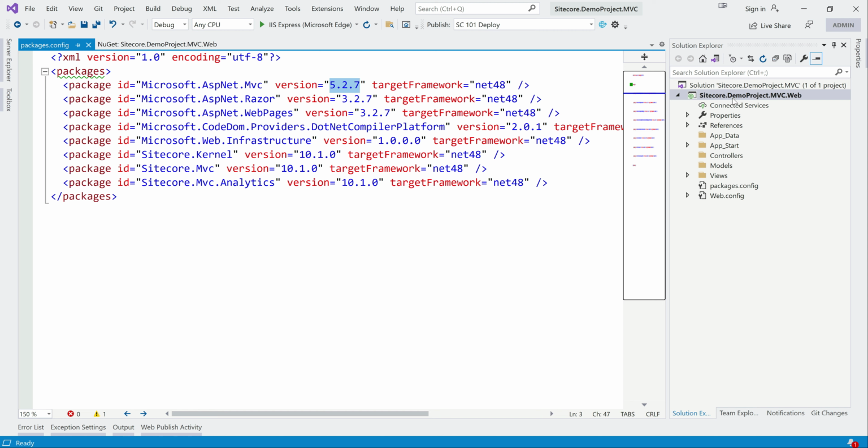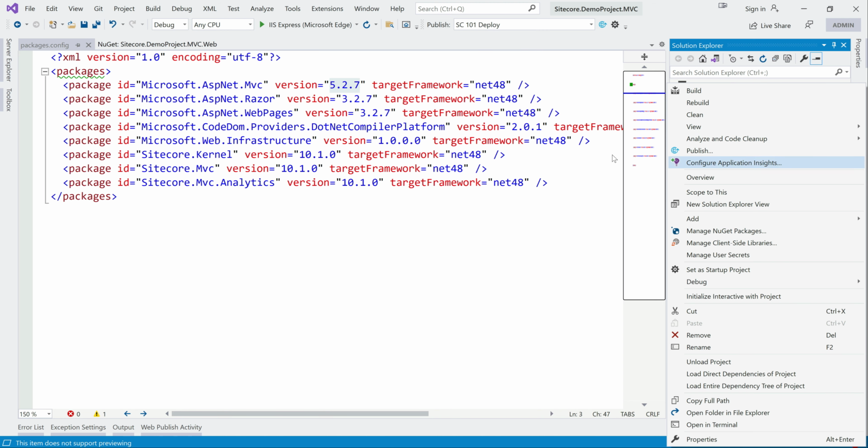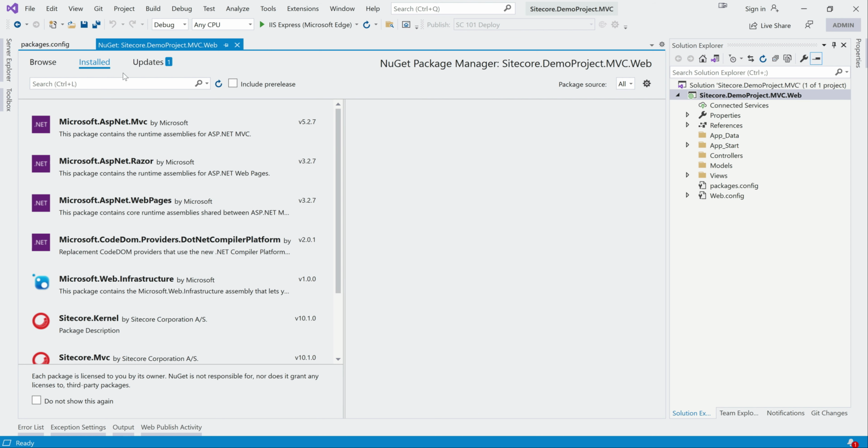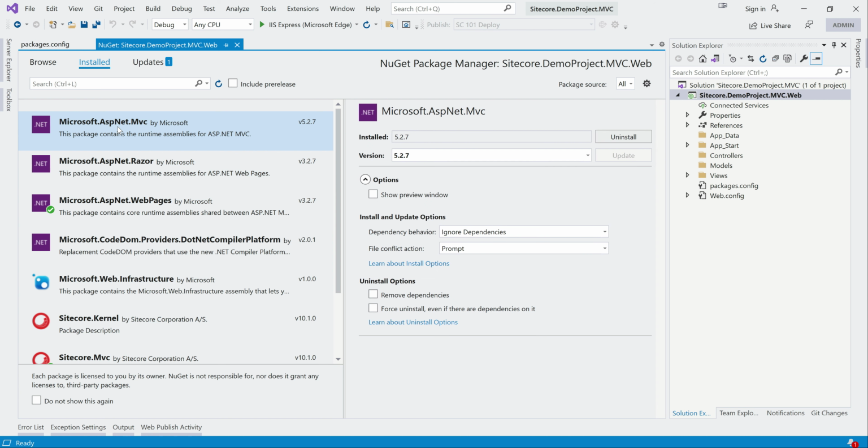So for that we can just go to NuGet packages and remove this. Go to install Microsoft ASP.NET MVC. We can reduce this.